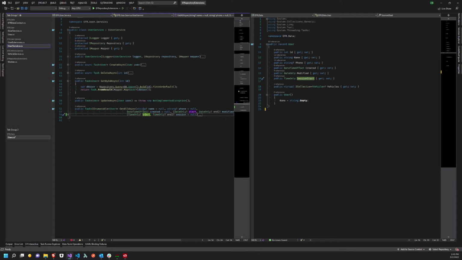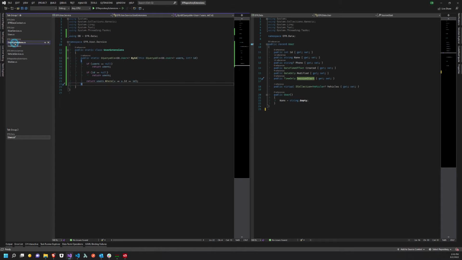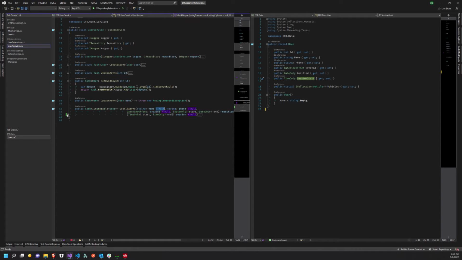so I don't have to pass them in. They're all nullable, they're also all using default parameters, so I can pass in just the ones I want, rather than having to do something like, well, you know, if name equals null, then query equals queryable.ByName. By having these extensions check to see if the things are null for us, then over here I can just come in and say